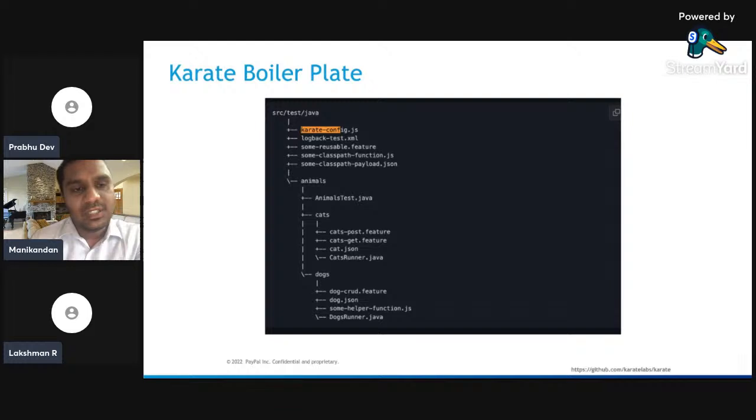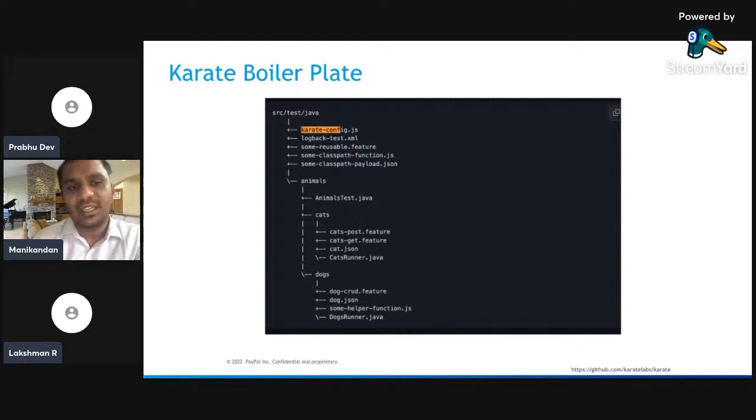The next thing is whatever operations we are going to put. For example, for API automation, if you are creating the cat post.feature, I'm going to post some information to the server. If I'm going to retrieve some information from the server, it is cat get.feature. If I'm going to pass some test data to this post, I have created the cat.json.